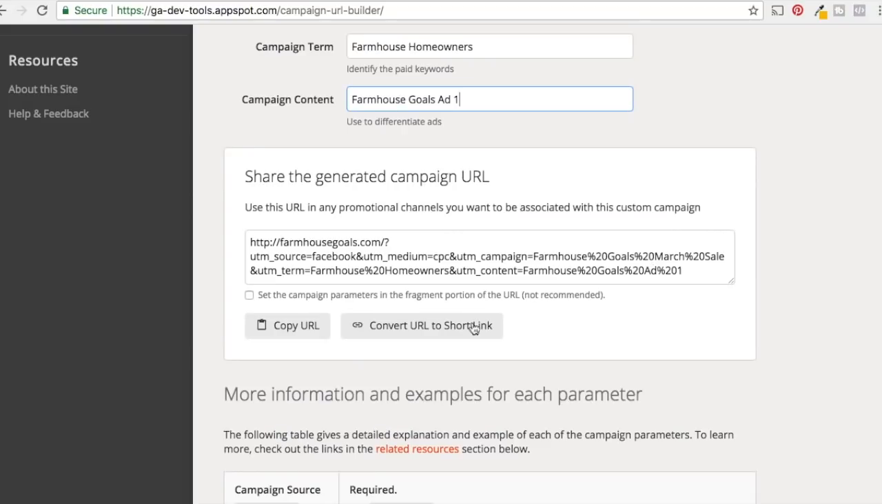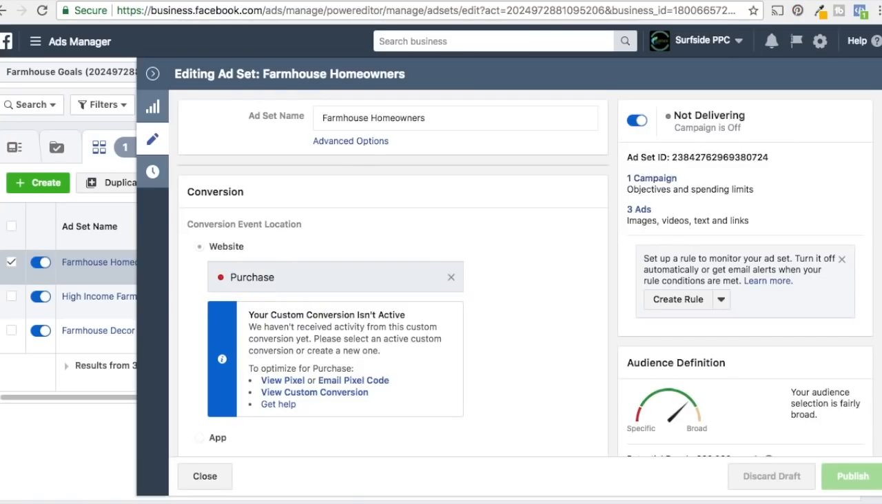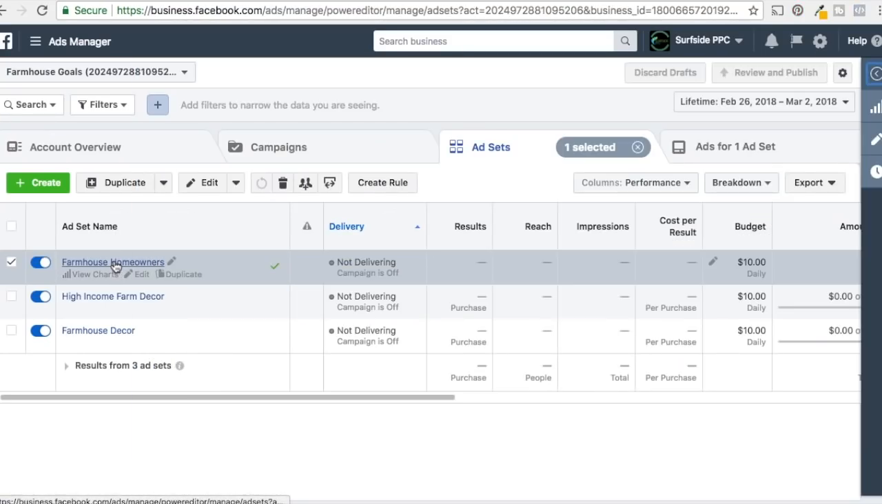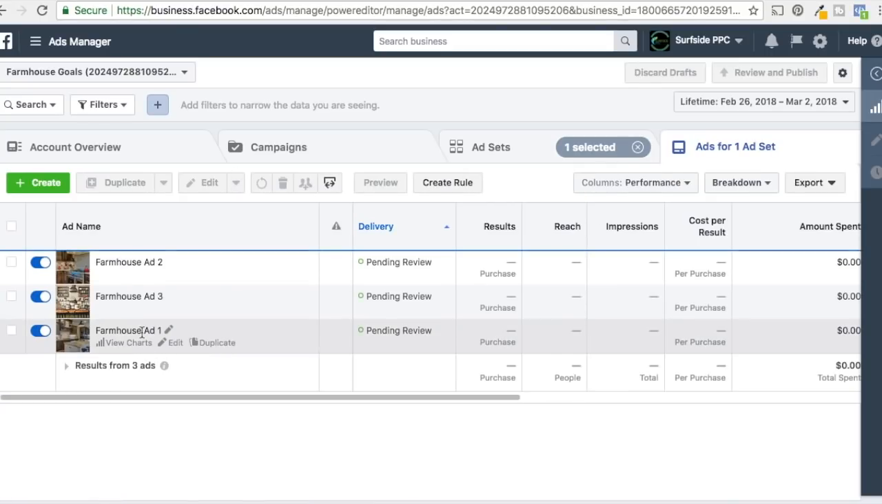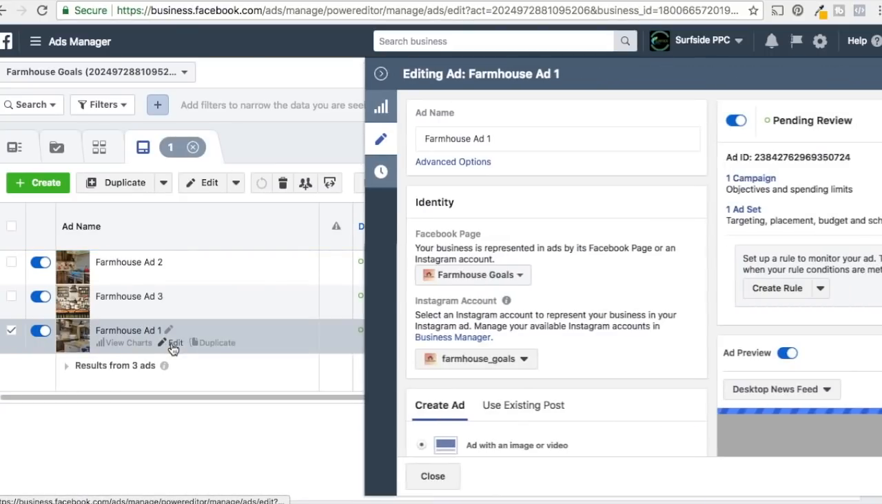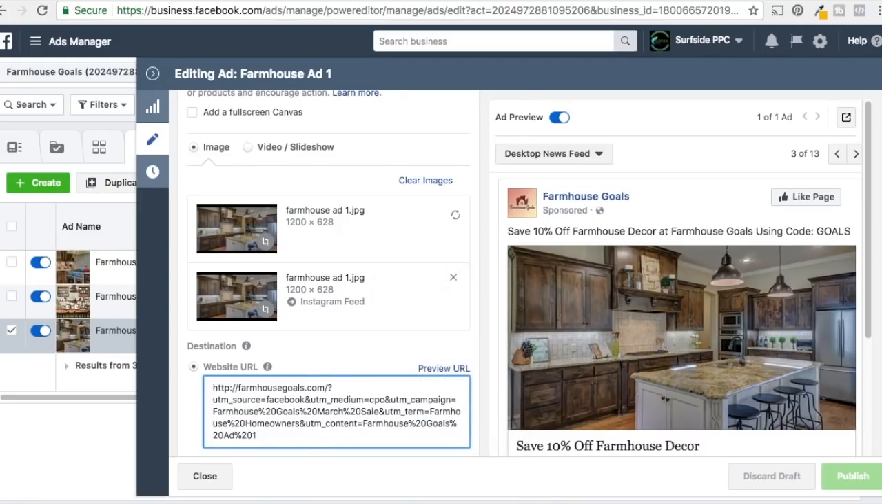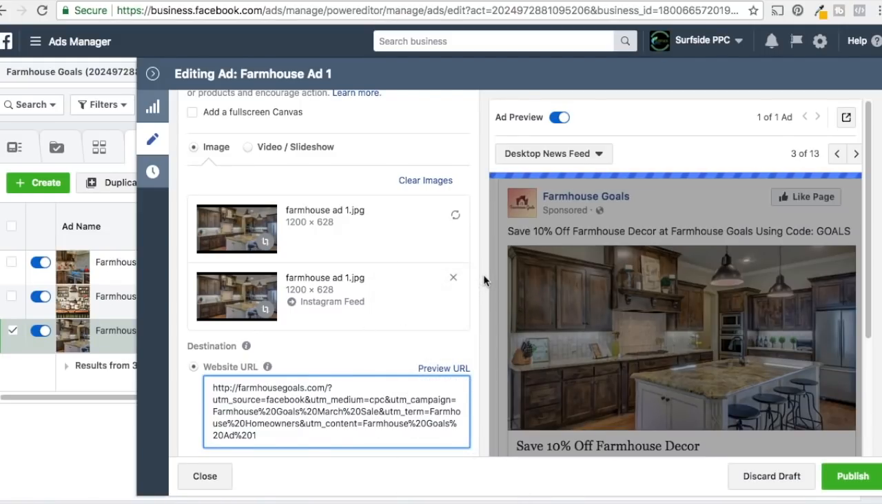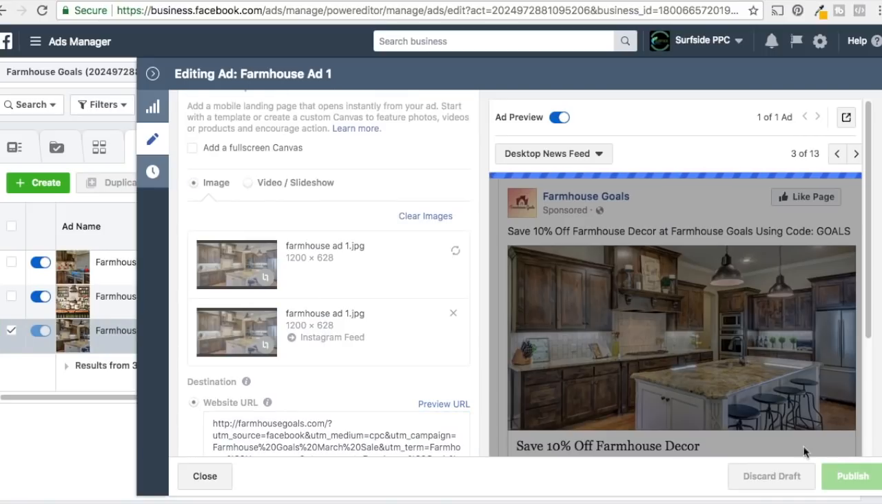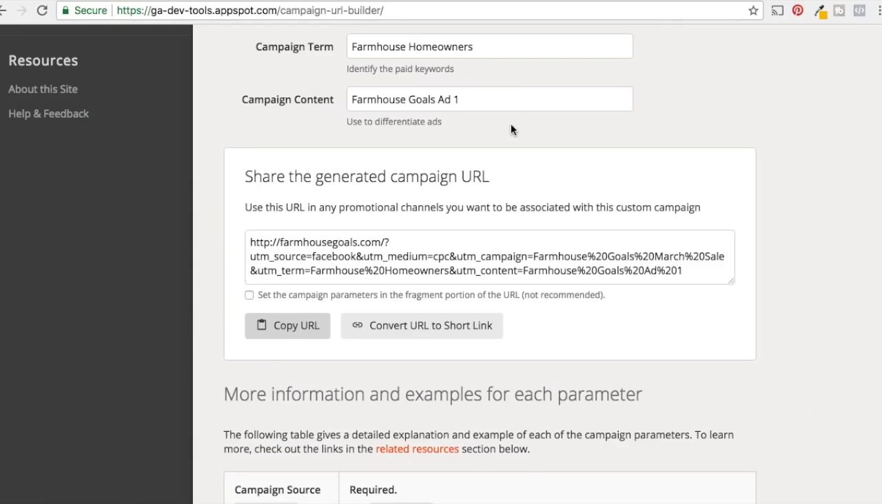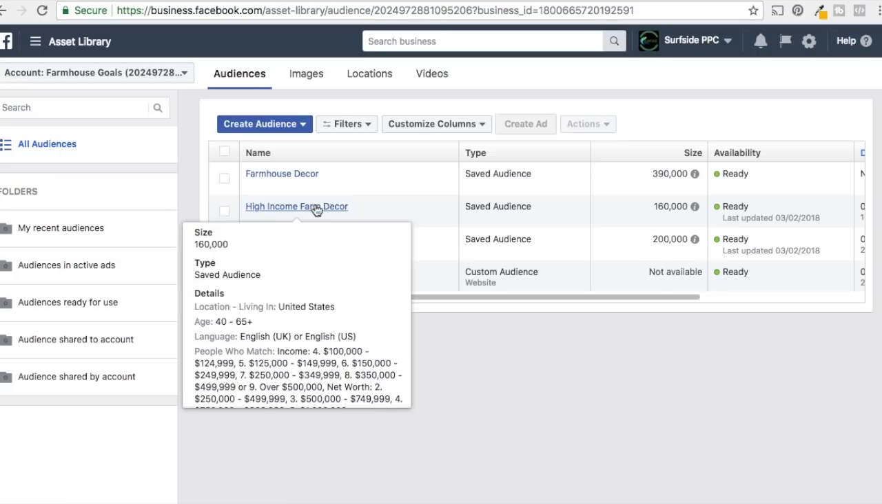So all you have to do is take this, copy URL, go into this ad set. So go into your farmhouse homeowners ad set, and we come into farmhouse ad 1 and just change it up. And now we have to do that for every single ad. We're not going to bore you and show you us doing it for every ad, but make sure you do it for every ad. You would come up here and come to your ad set library, you see,